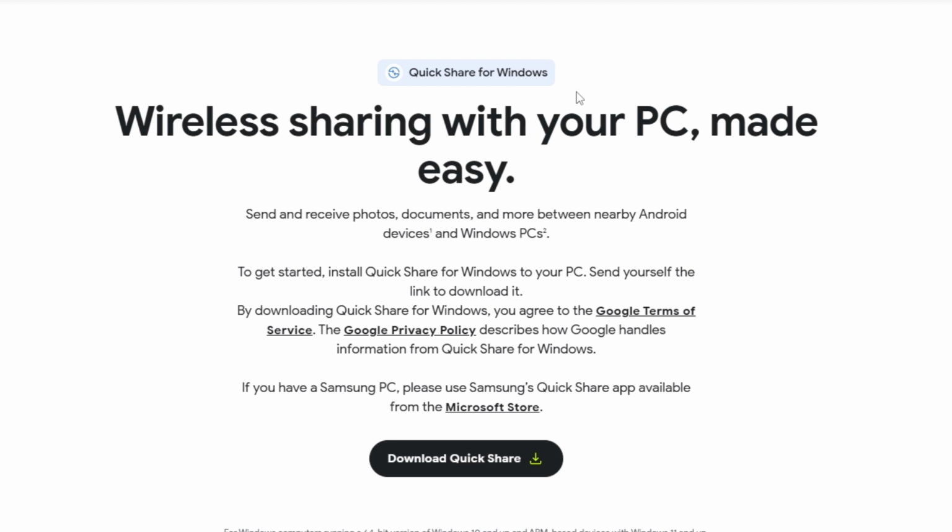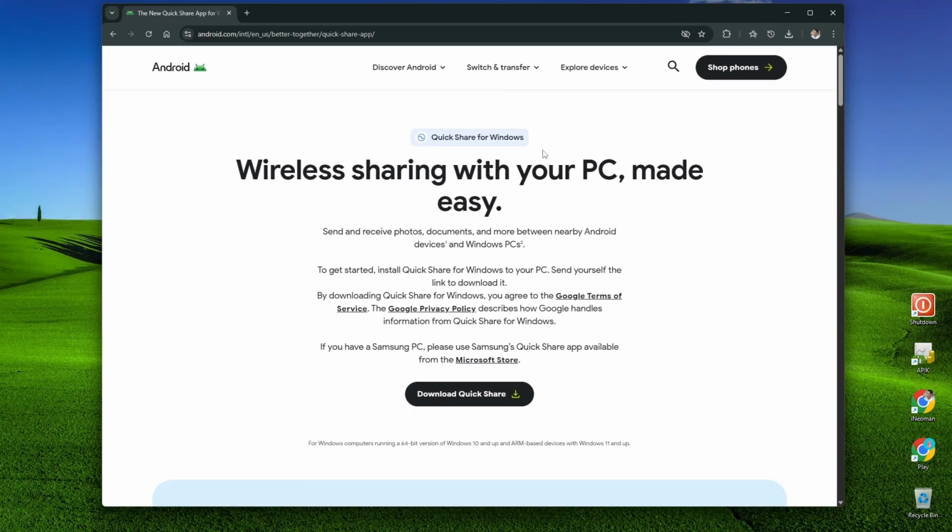With this software, you don't need to configure any file sharing settings on your PCs. All you need to do is just connect all the involved PCs to the same local network, and you'll be good for file transfer. Alright, so let me just show you how easy it is to install and use Quick